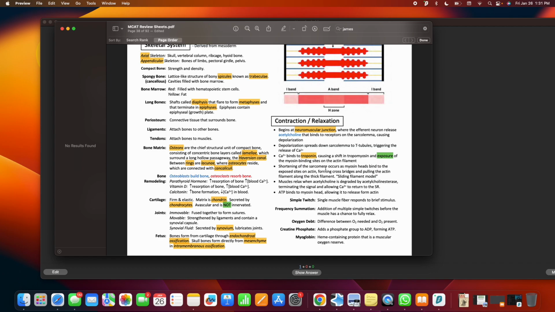The shortening of the sarcomere occurs as myosin heads bind to exposed sites on actin. So yes, we expect the myosin has to bind the actin, myosin binding sites, forming cross bridges. So we form cross bridges and pull the actin filament along the thick filament. So this cross bridge causes the movement of actin along the thick filament. Sliding filament model,